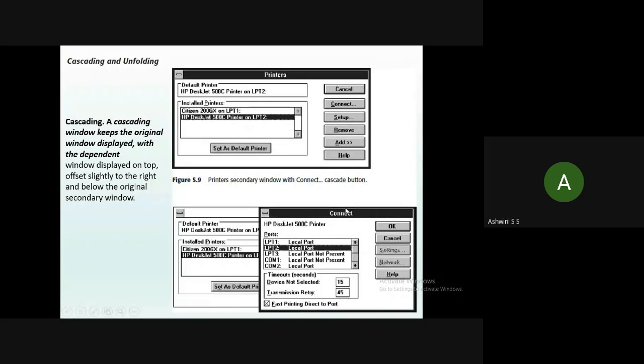The next window shows the other properties which belong to HP DeskJet, and from this I need to click either OK or Cancel to continue with my task. Fine. This type of secondary window we call cascading secondary windows.